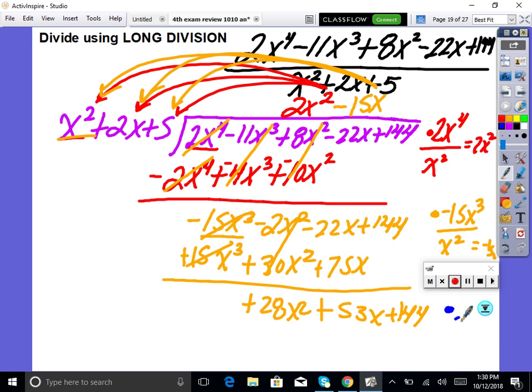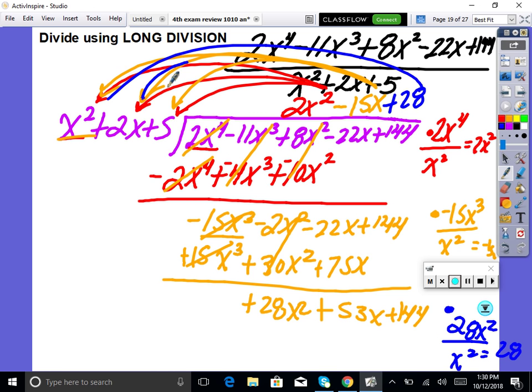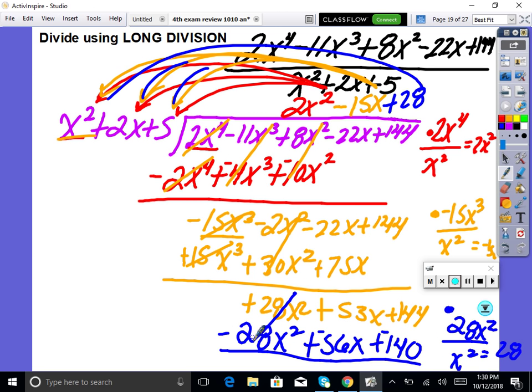Bullet point. 28x squared divided by x squared is equal to positive 28. So now we have a plus 28. And we distribute. So we have 28x squared. And it looks like we have plus 40, 40 plus 16, so that'd be 56x's, and then it looks like we have plus 140, then change the sign, adding straight down. These are gone. This becomes negative 3x, and then we have